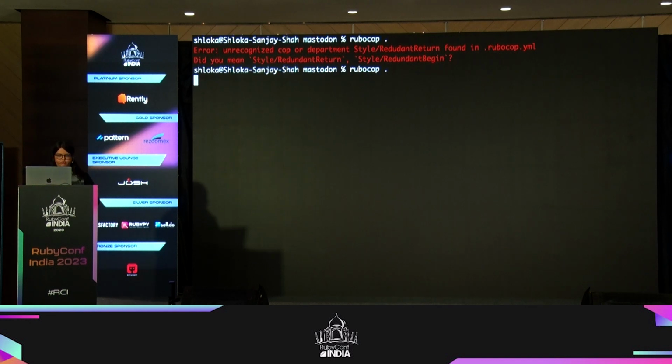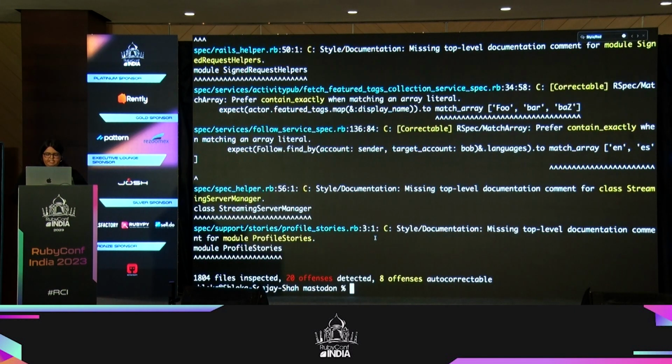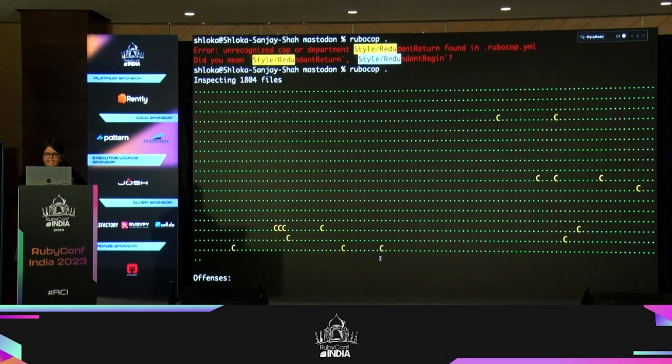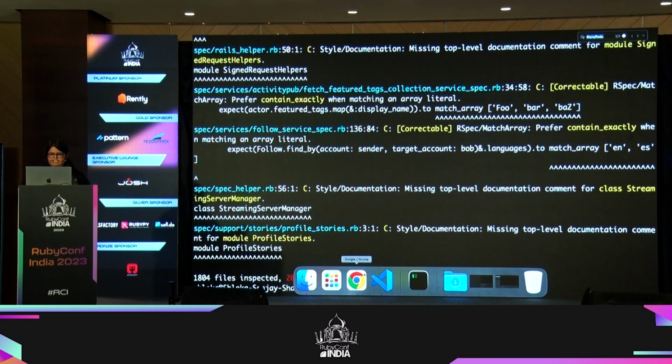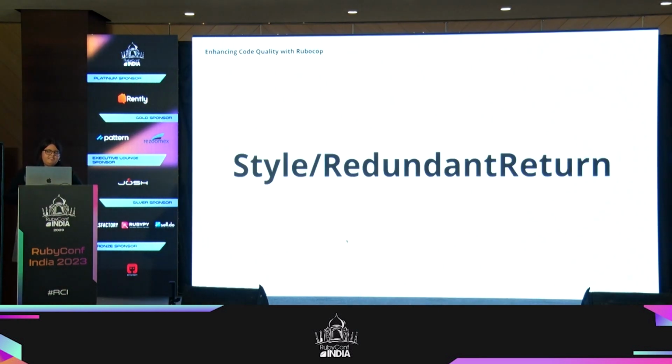Let's wait for it to finish running. Yeah, so now you can see if we search for style, there are no offenses related to it because we disabled the cop in our configuration file. So these were some of the ways in which you can play around with Rubocop and modify the parameters based